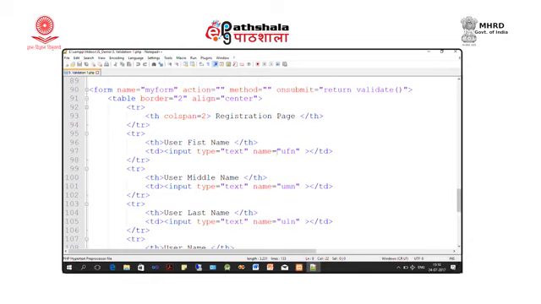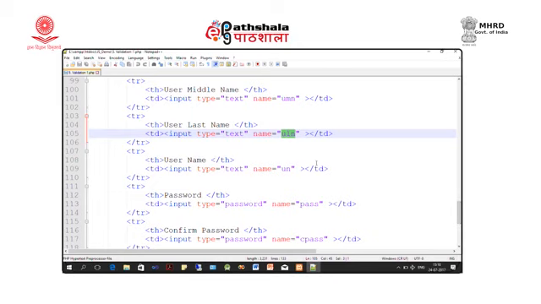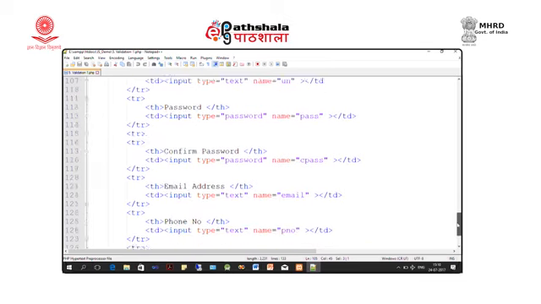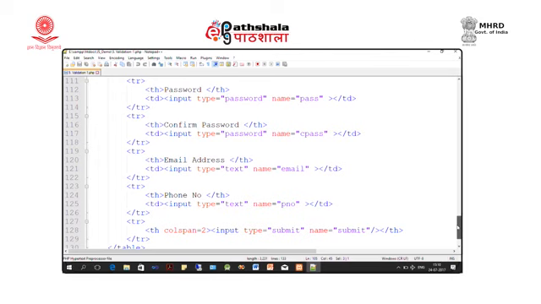Here first name is UFN, middle name is UMN, last name is ULN, username is UN, password is pass, confirm password is cpass, and for email I use the name email, and for phone number I use PNO, and finally there is a submit